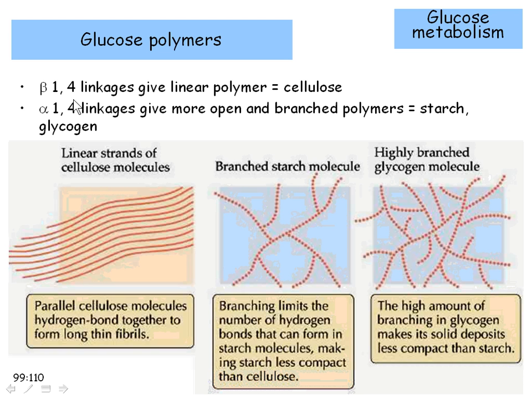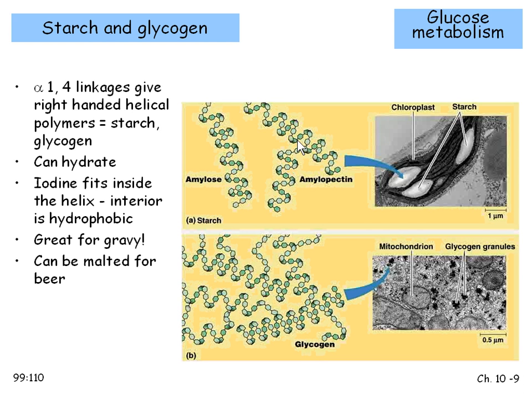If you have all beta 1,4 linkages, you end up with cellulose, and cellulose tends to line up in parallel molecules, and the molecules are hydrogen bonded across from one molecule to the next, which should sound like another beta thing we've talked about, beta pleated sheets. Whereas the alpha 1,4 linkages are going to give you starches and glycogen, which can be branched. The cellulose is not a branched compound, but starch and glycogen are, depending on how much they are. And we can see that at a level of the subunits here